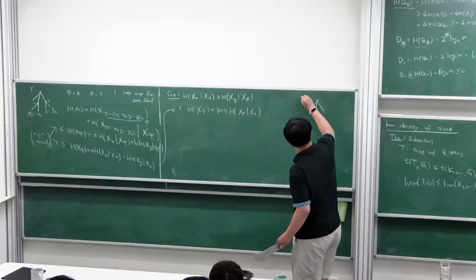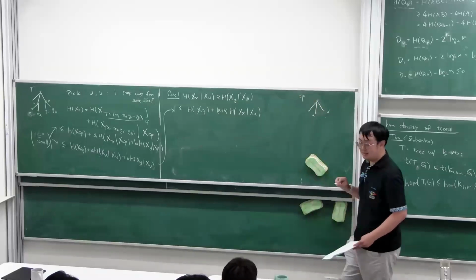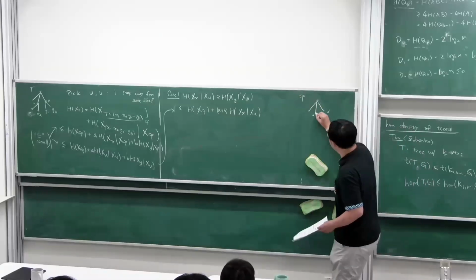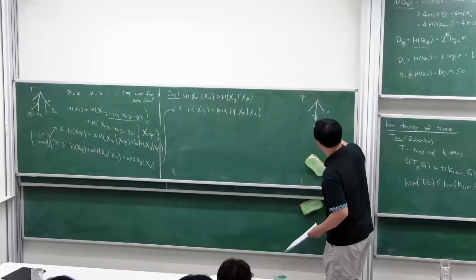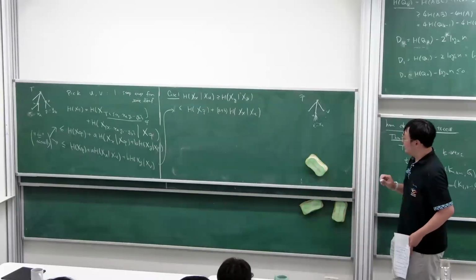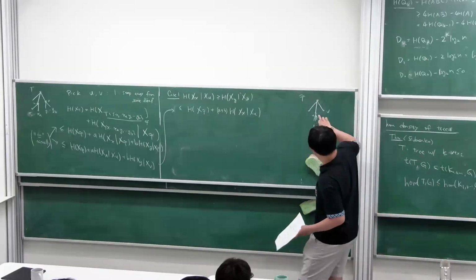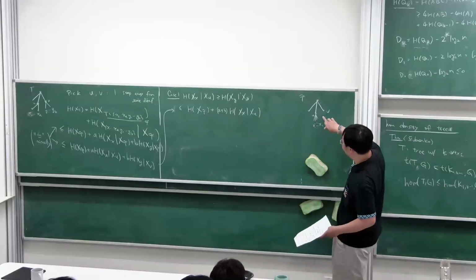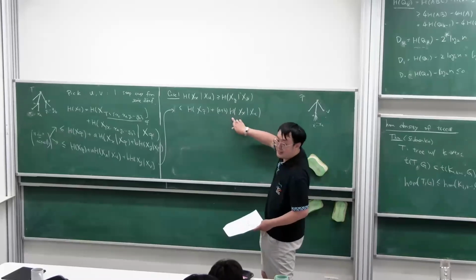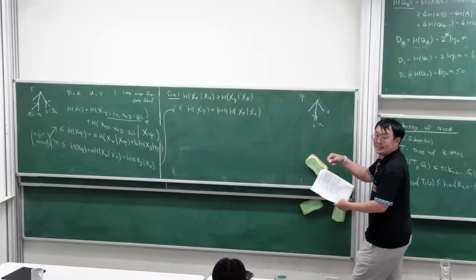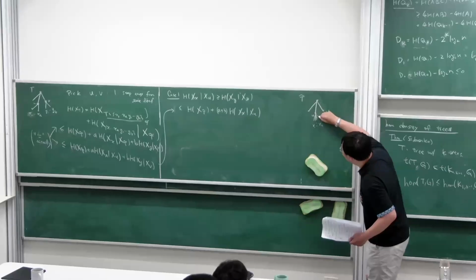This is T tilde. This is U, this is V. And indeed, you already have a vertices, x_1 to x_a. If you compute the entropy of x_1 to x_a, each of them gives you one term of this. But now you have a plus b copies. So it suggests that I want to build b more leaves out of here